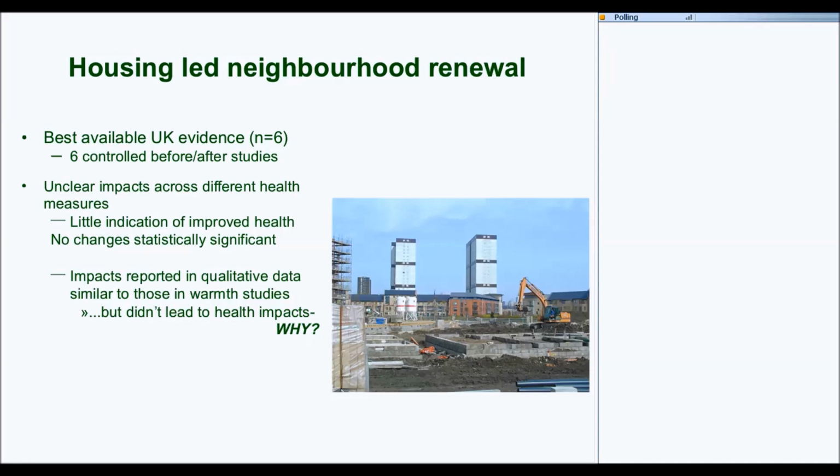So then if we look at housing-led neighbourhood renewal programmes, so these are things like